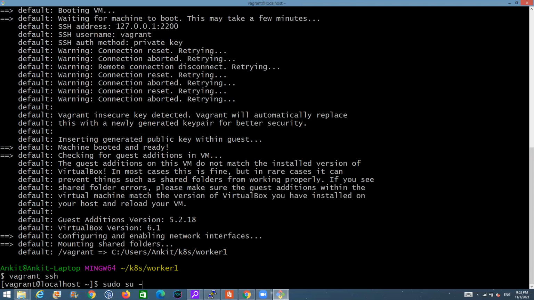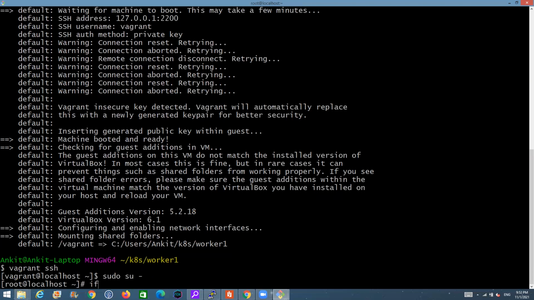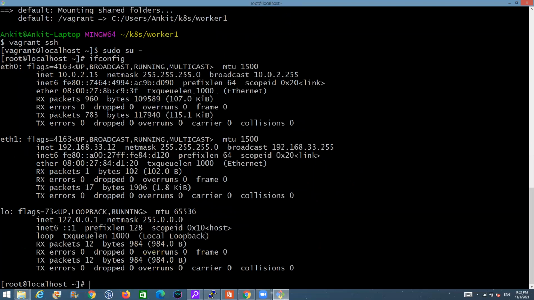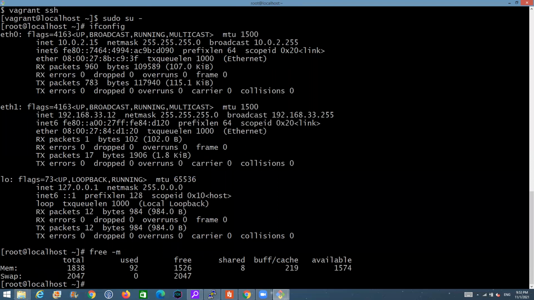So I can take sudo, okay, and become the root user. Now, if I run the ifconfig command, you will see it says the IP address is 192.168.33.12. And if I check the memory, it shows me that the memory is 2 GB, which is again more than what we have actually provided.